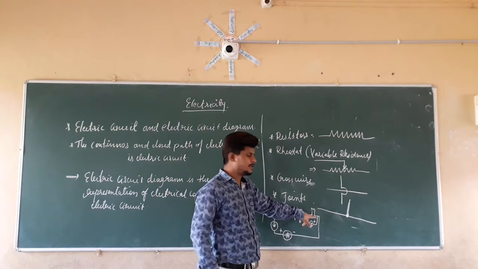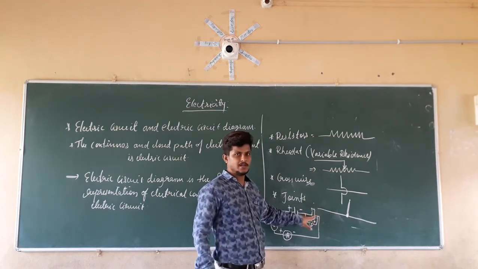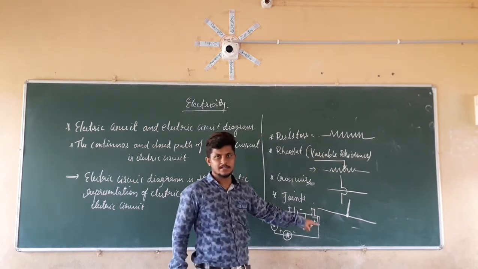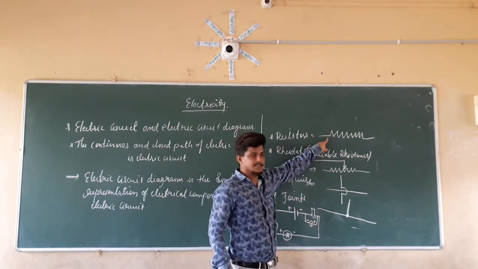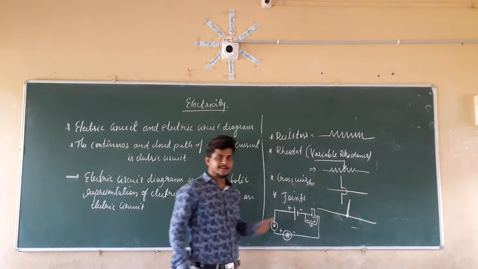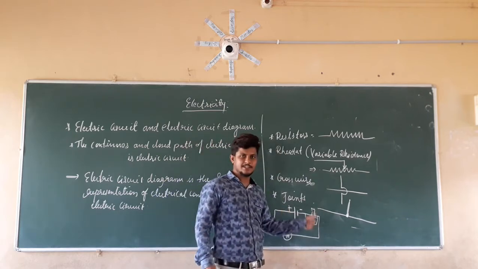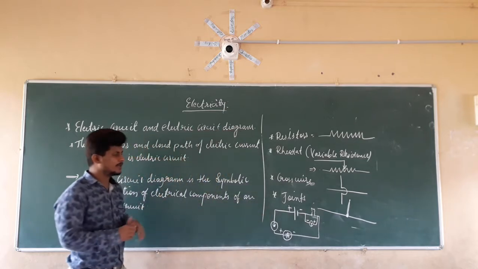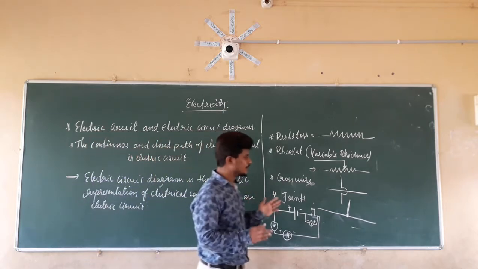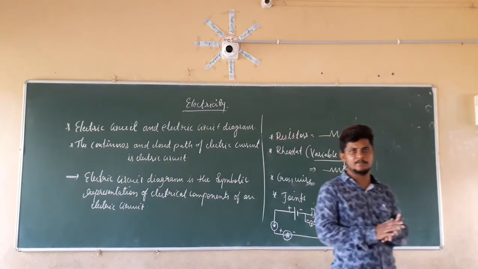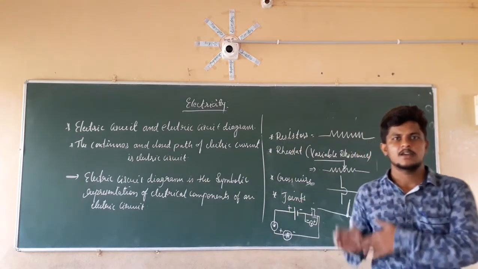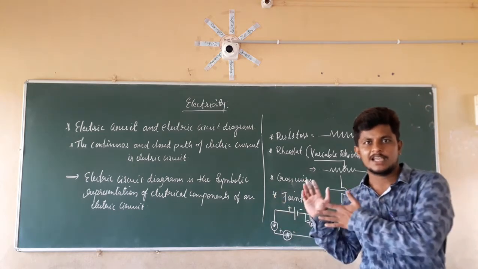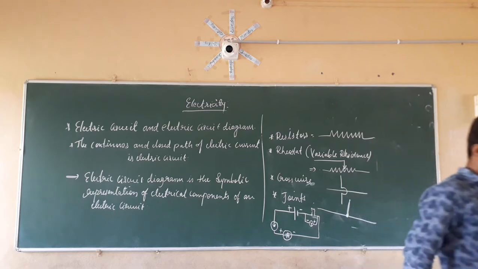If you take the fan as an electrical component here, you can show that fan like this. If you have the refrigerator, you can show the refrigerator like this only. So this is the generalized diagram of the electric circuit. That is nothing but the electric circuit diagram. This is all about electric circuit as well as electric circuit diagram. So remember this symbolical representation. While solving numerical problems on circuits, use these circuit diagrams for the purpose of easy calculations. Right.